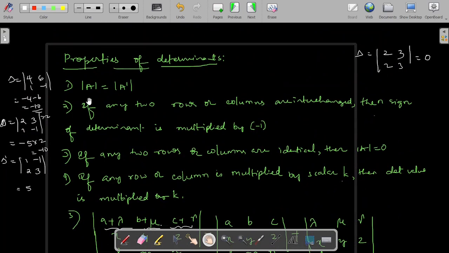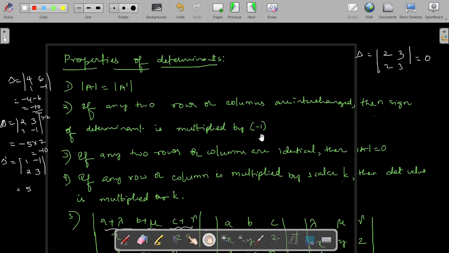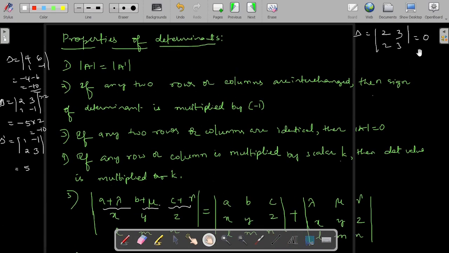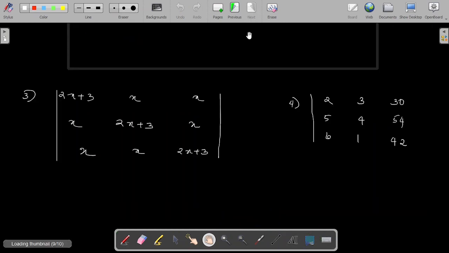So the determinant of A is the same as the determinant of A dash. If you have any two rows or any two columns the same, then the value of the determinant is 0. That is the third property. If you interchange any two rows or any two columns of a matrix, then the value of the determinant changes its sign, that is multiplied by minus 1. So if you multiply any row or any column by scalar k, then the value of the determinant also gets multiplied by k. So these are the properties to be remembered, because these properties will help you to solve the given problems or evaluate the value of the determinant without